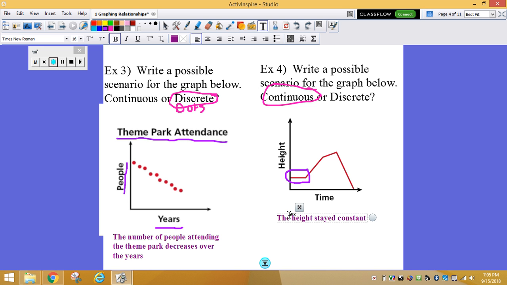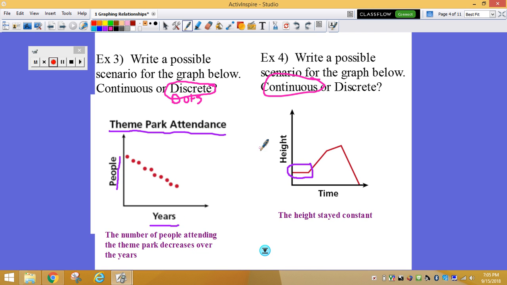It's flat, nothing's happening. And then let's talk about this part. And let's go ahead and talk about this part because they're both increasing. But if you look, this part is increasing faster than this part. So let's write something like